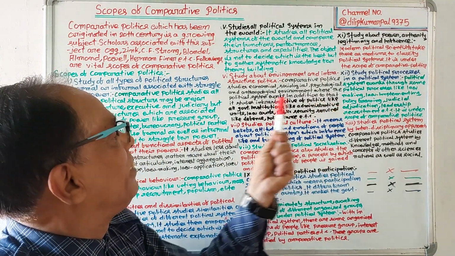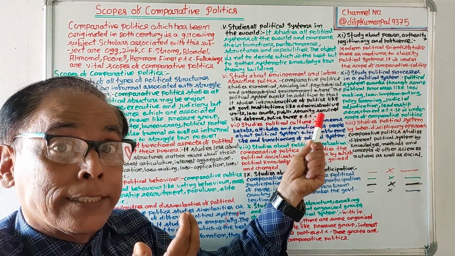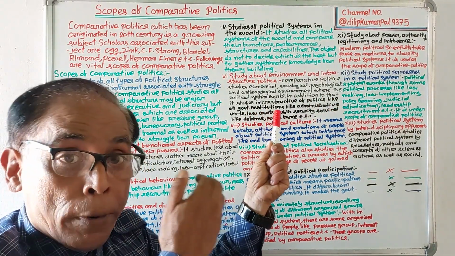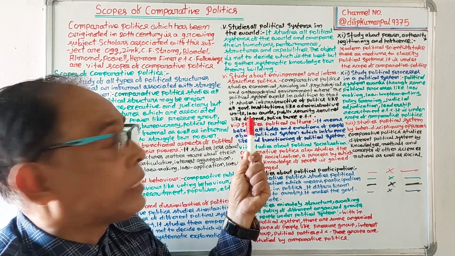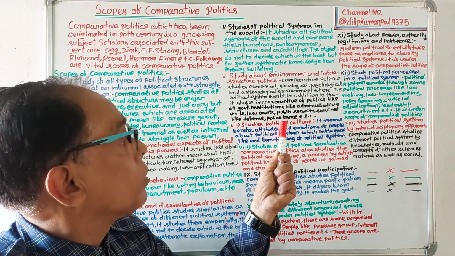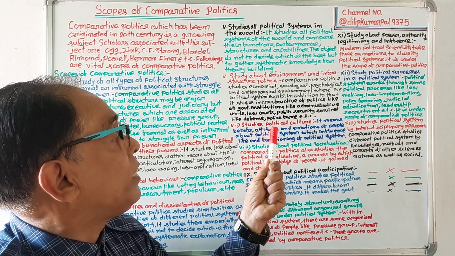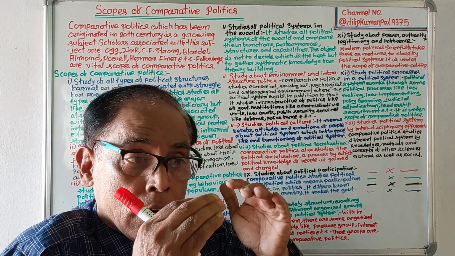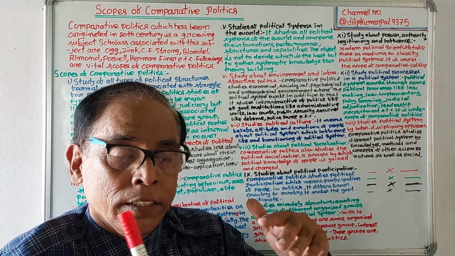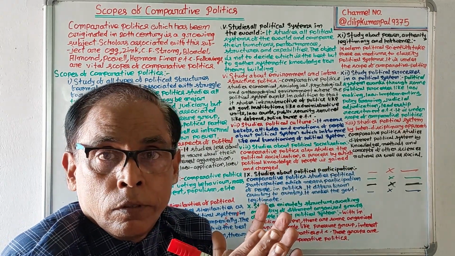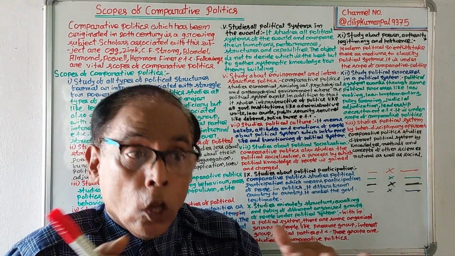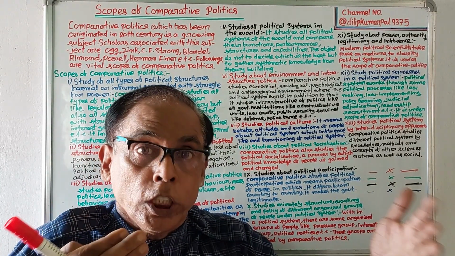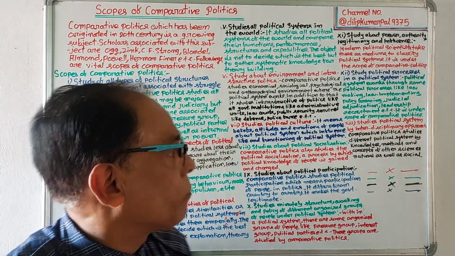In addition to that, it studies infrastructure of politics, foundations of politics, like all government institutions, like administrative units, law courts, public security services, like defense and police forces. It studies infrastructure of politics. It means the foundations of politics, like its law-making unit, law implementing unit, law adjudicating unit, public security services, its police forces, its defense forces, etc.